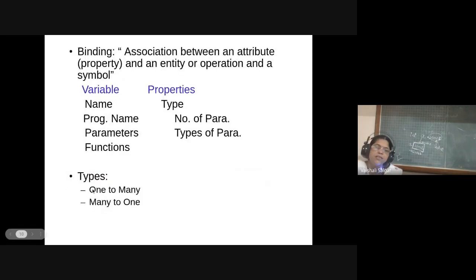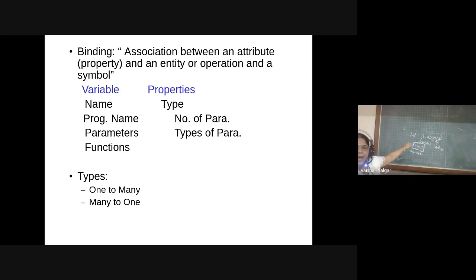So whenever I say a is equal to 20, or whatever value you assign to that variable, this is called binding. Binding is nothing but the association between an attribute, that is, a property of that variable, and an entity, or an operation and a symbol.